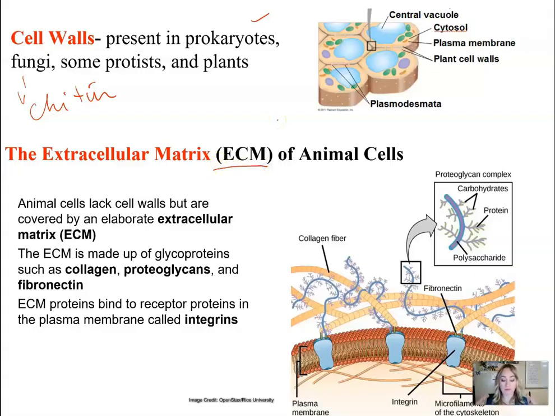So it means all these fibers are going to be coming together and forming this matrix to provide cells with structural support and also sort of connect them into tissues. As you can see here, we have a membrane, and then outside that membrane, extracellular space, notice we have all these fibers that are made up of glycoproteins called collagen, proteoglycans, fibronectins. So they're all there to sort of bind these cells into tissues,